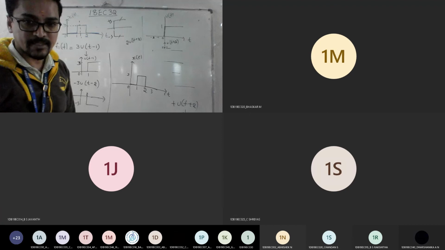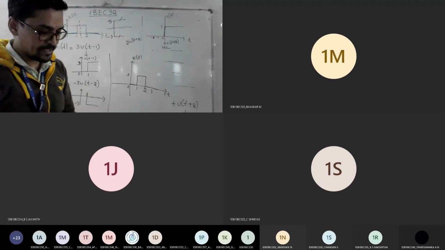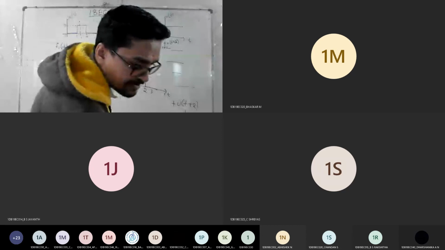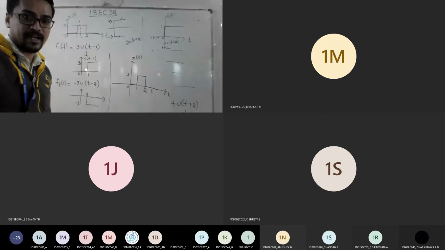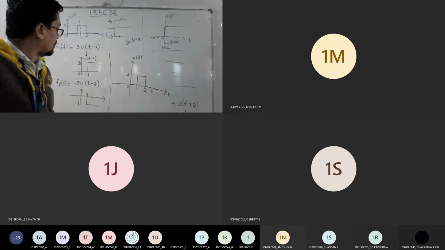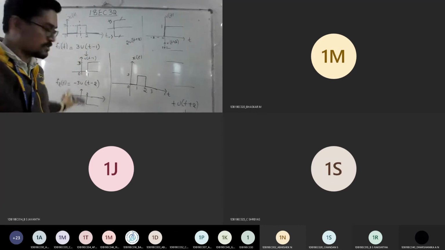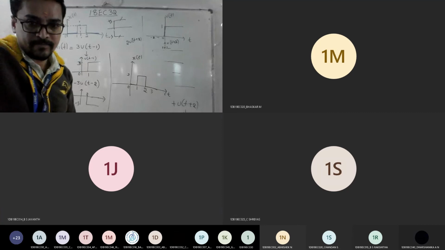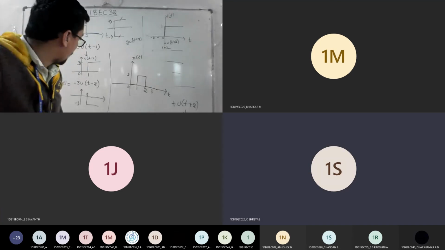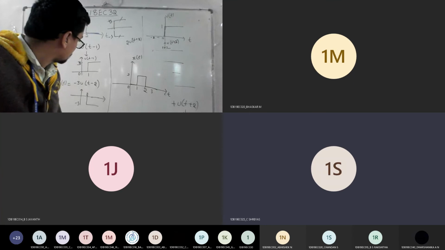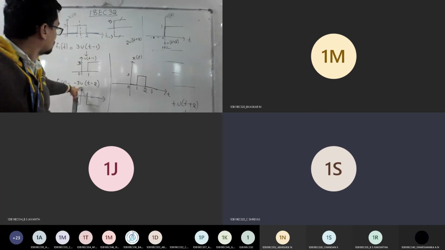Any doubts? Anyone still? If you have a doubt, you can ask me. I'll repeat once more. If you understand one problem, the same thing replicates for any number of problems they give. So this is how to plot a question. This is what you should be aware of. Sir, in F2, why is that a minus 3? That thing I didn't get. Please repeat, sir.